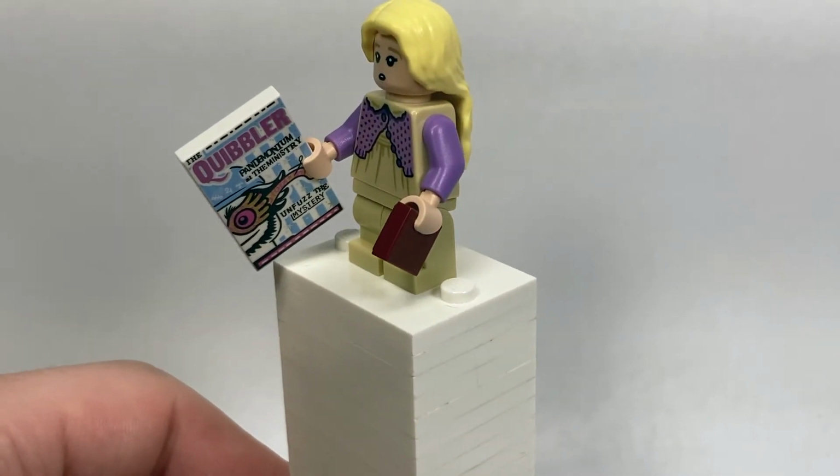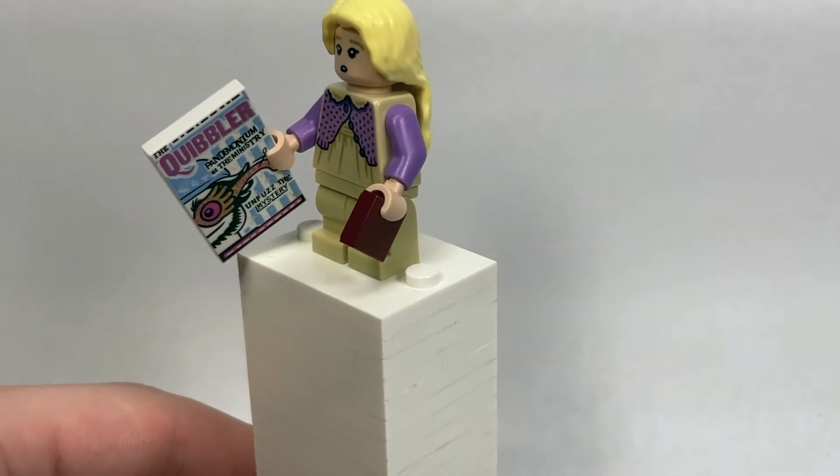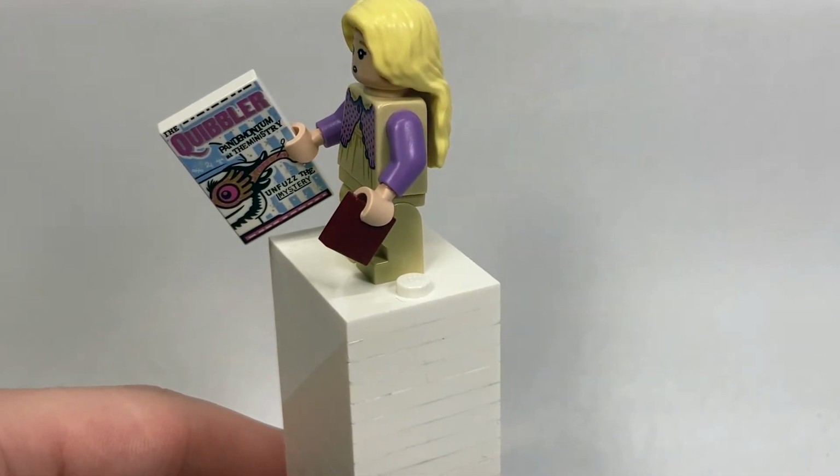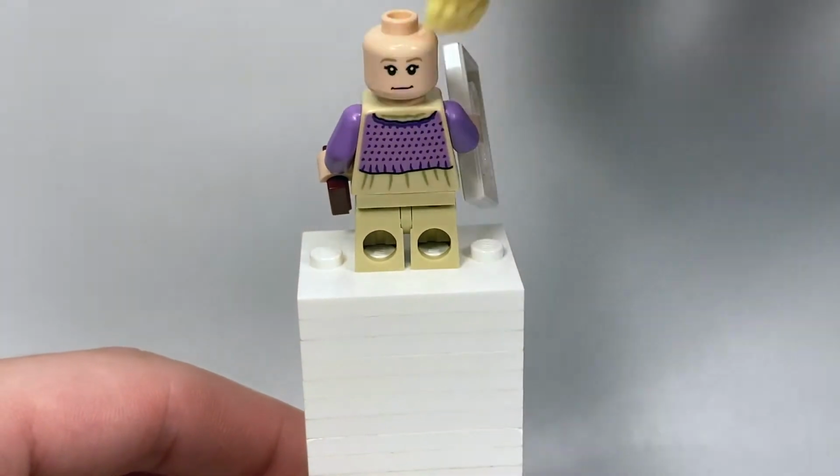This is the exact same print that appeared in the CMF in 2018. However, it's printed on white instead of light blue, so it is technically different. It's a very, very nice color design there. Cover is great. She does have the same Luna Lovegood hairpiece that she usually has, and she's got a smiling face on the back here,